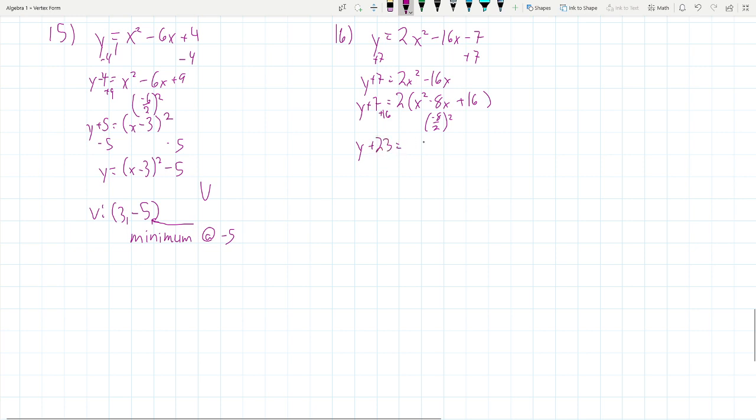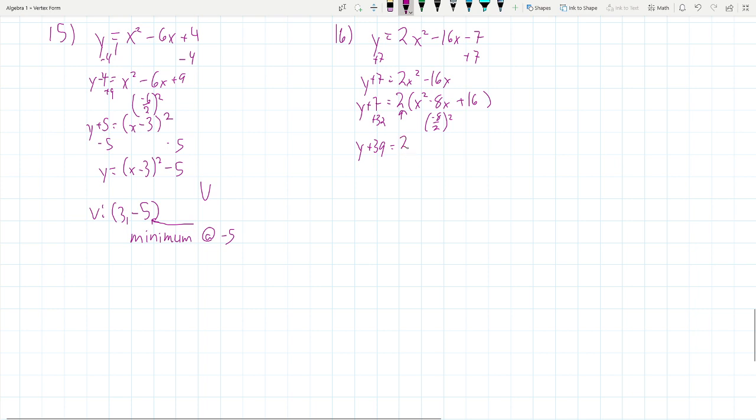So y plus 23 equals, oops, not 23, it's not 16 either. The reason why is it's one of those things that's really easy to do: whenever you have it inside of one of these multiplications, you actually have to multiply by it. So it's 16 times 2, which is actually 32. And so y plus 39